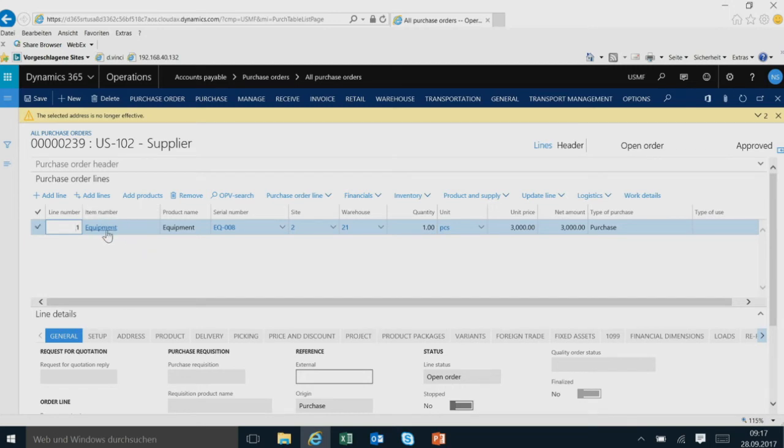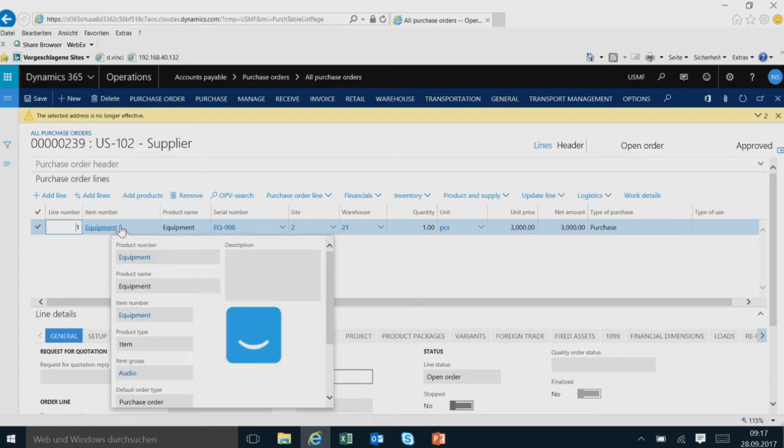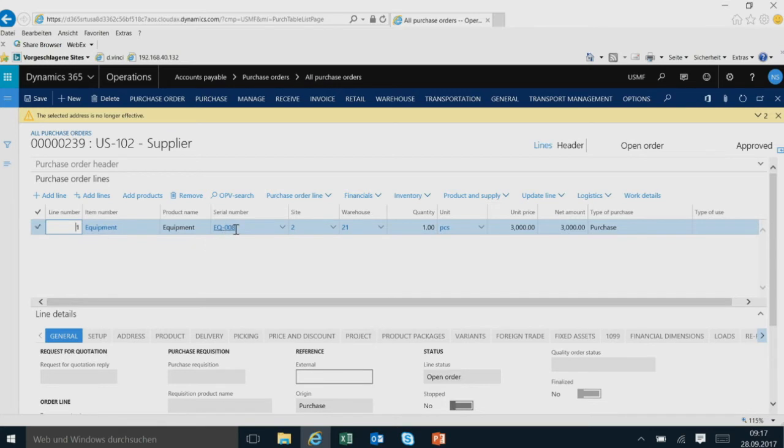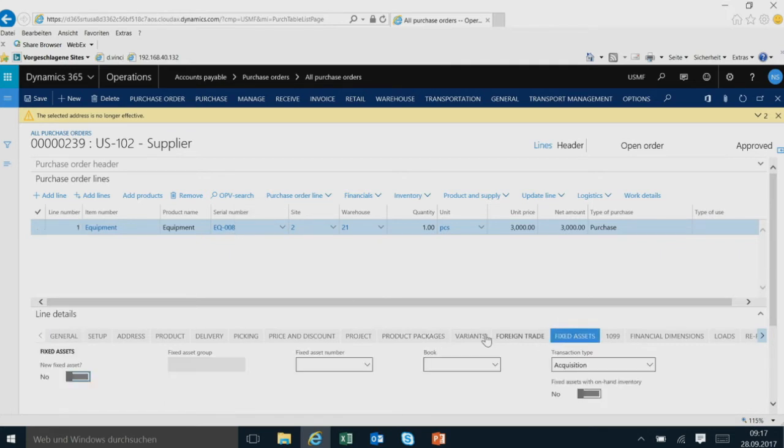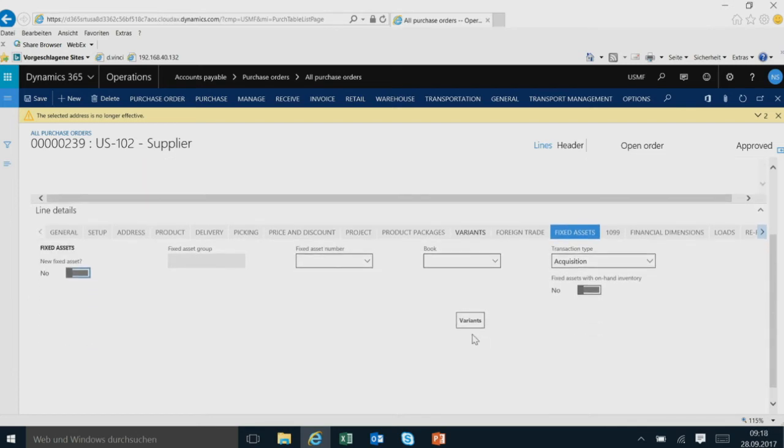So the additional functionality you see here also exists there. It's a normal purchase order, and in the background there's the order header. Here we have the order line. We want to purchase one new equipment. In this case, it's only one. We keyed in directly one equipment number, so the number of the physical equipment. And if we go here to the fixed asset tab, you find the button, new fixed asset. Quite nice. That's 100% standard. You find that in every Dynamics 365 operations system.